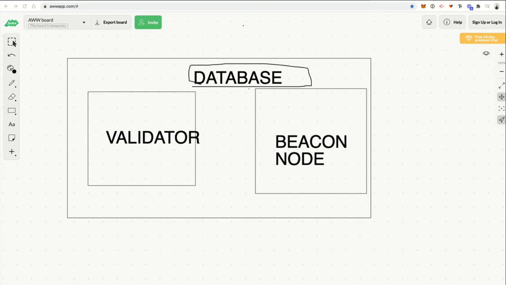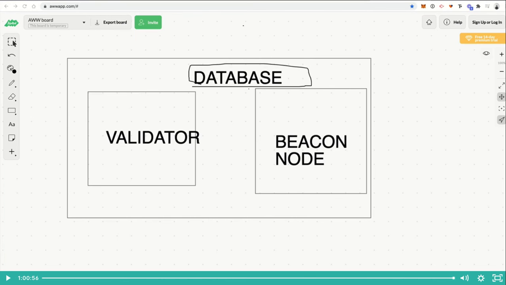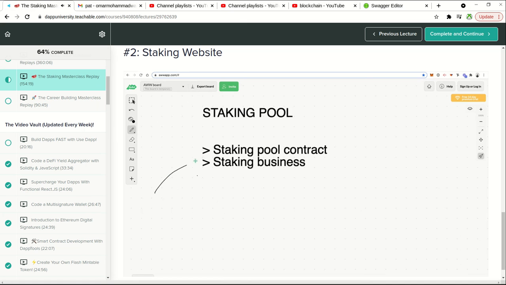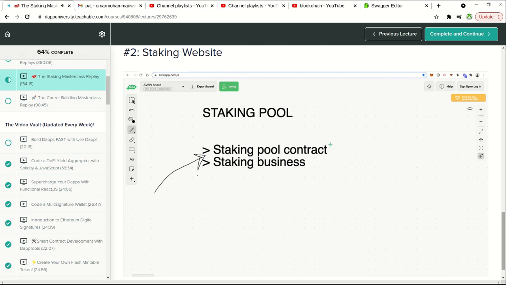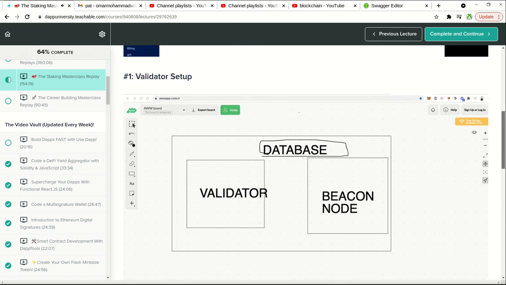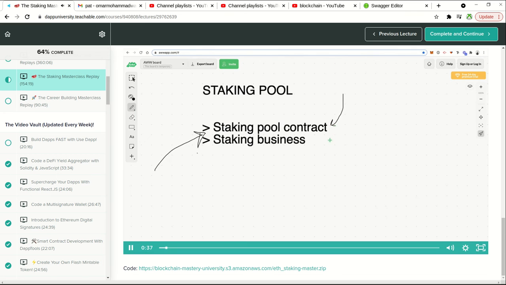Multiple people can deposit Ether into this smart contract, and it can be migrated to the beacon chain to run an Ethereum validator. So I'm going to show you how to do that in this video. You can do this one of two ways. You can just deploy the contract itself, or you can get this full